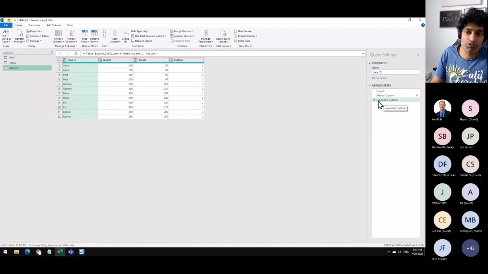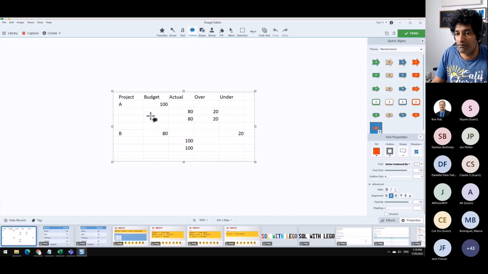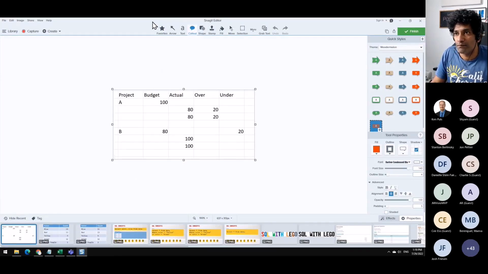Again, I showed this approach because I wanted you to understand how lists work and how you can make your own arbitrary lists. But we don't need this either, so I'm just going to undo all of this and go back to the original state of data. So now let's bring up this image.